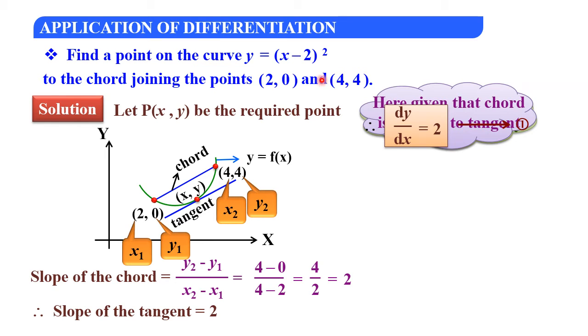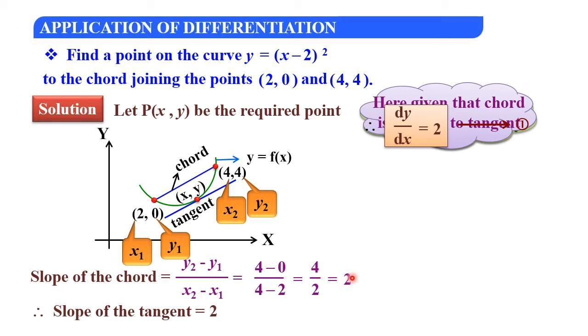Okay, this is one of the concepts in the straight line part. So when 2 points are provided you can find out the slope, you can refer to this formula. So dy by dx, or slope of the chord, is equal to y2 minus y1 divided by x2 minus x1. x1 y1, x2 y2, substitute here, so the slope of the chord will be 2. dy by dx equal to 2, right now you got.